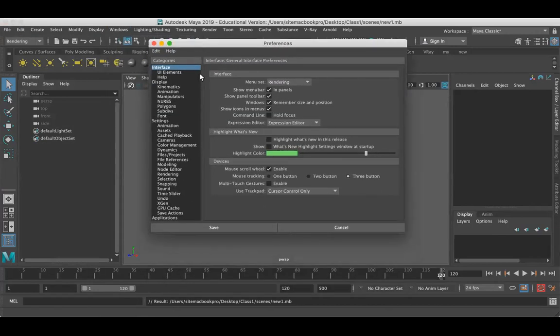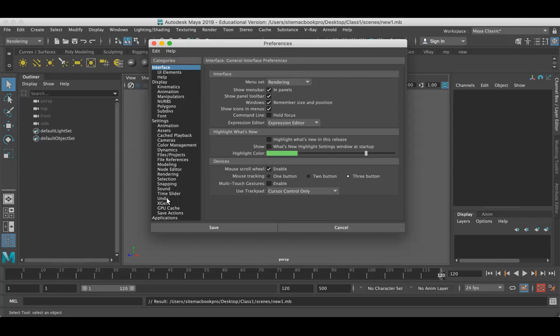This is where you can customize your Maya views. You can customize some display options, UI options, and some animation options. You can find all the customization options in the preferences. Some settings you can change depending on the requirement you like.